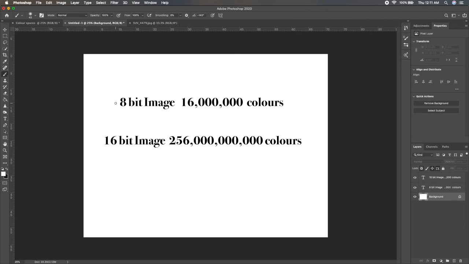When we talk about the difference between both of them, there can be things like levels which go a bit more deep, but we can simplify it like this: an 8-bit image supports around 16,000,000 colors, whereas a 16-bit image supports 256,000,000,000 colors. Now in this case, it has its pros and cons.